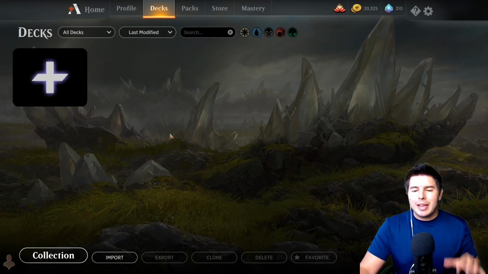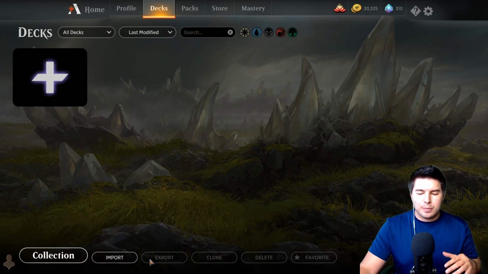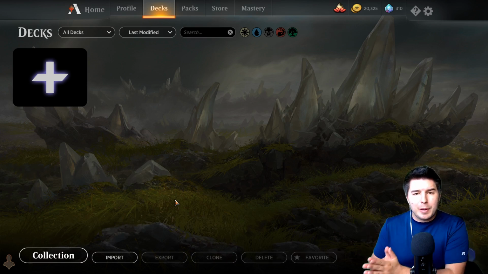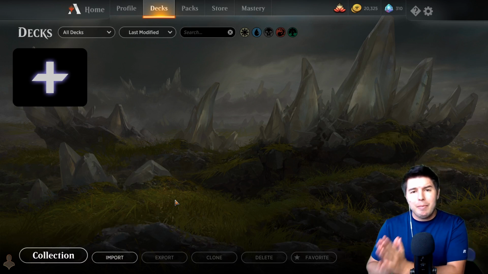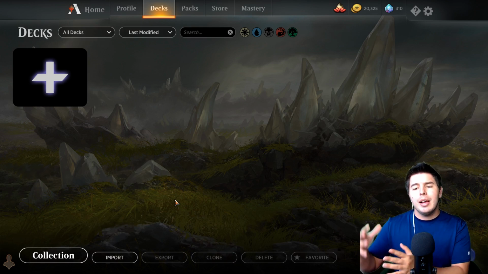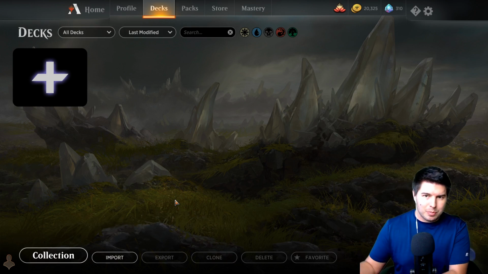So I wanted to jump into showing how we can use the import-export system on MTG Arena first and foremost, just because there's going to be a lot of people jumping onto MTG Arena that have played on MTGO, or a bunch of different formats, and we're going to be coming to mobile pretty soon as well. And I wanted to make sure that we all knew how to use this function because it works really well